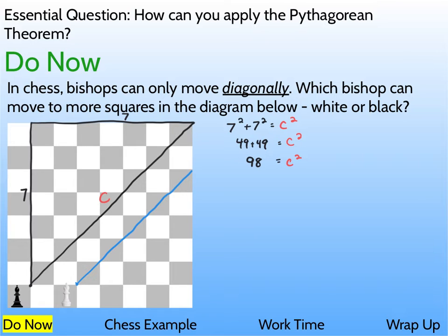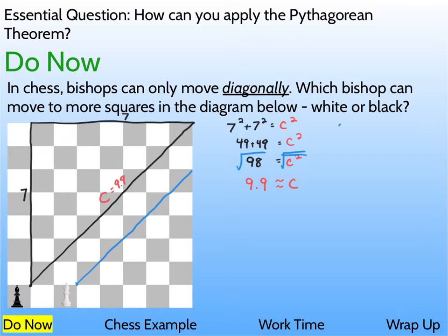And then all you have to do to solve for c, get the squared out of there by taking a square root, and you end up getting that c is about 9.9. And that's basically how far this thing travels. It's like 9.9 units. You could do the exact same thing with the white bishop, except for the white bishop,